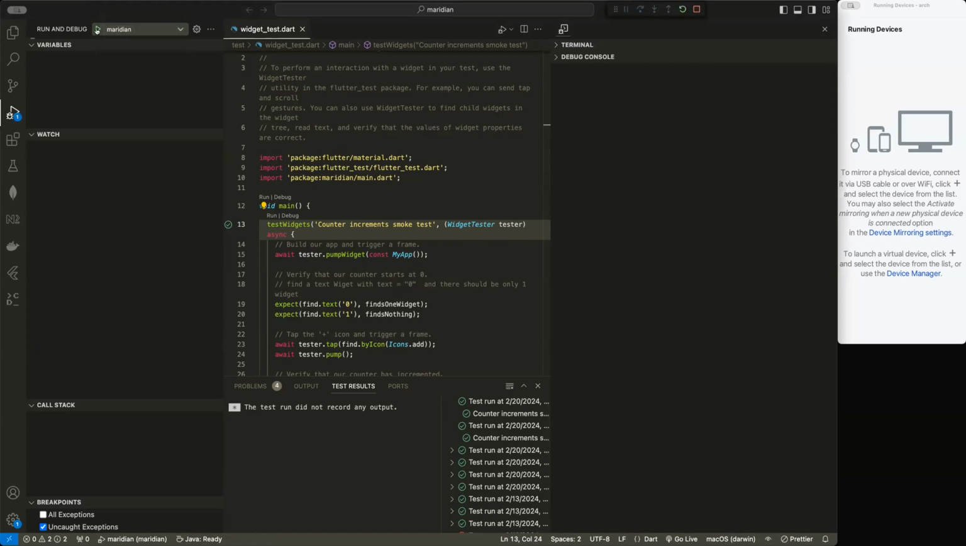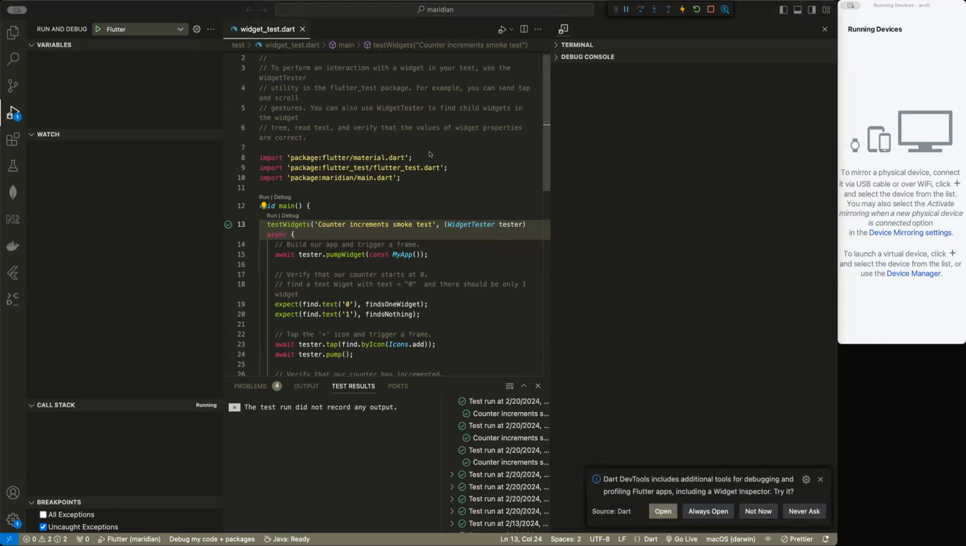Okay, Meridian, play. The app is launching. So what we need to do is, when we are running the applications, sometimes it is not running, or open anyway. Okay, it's starting on my